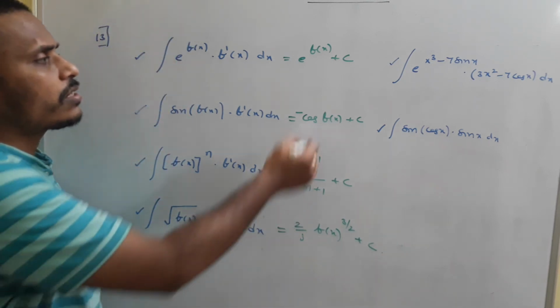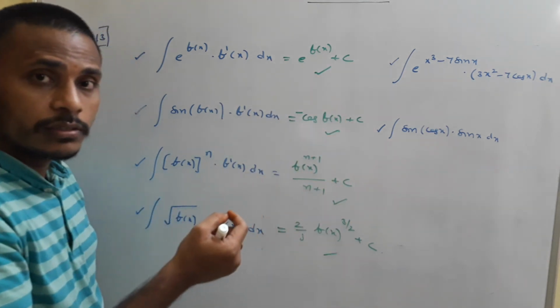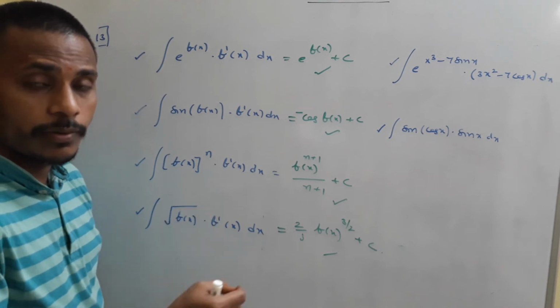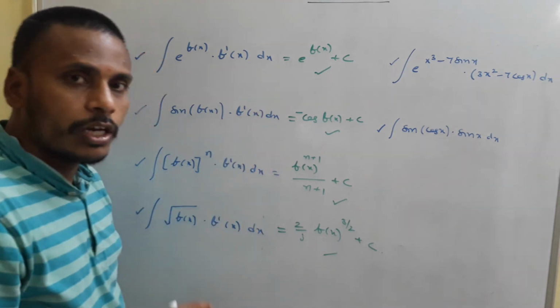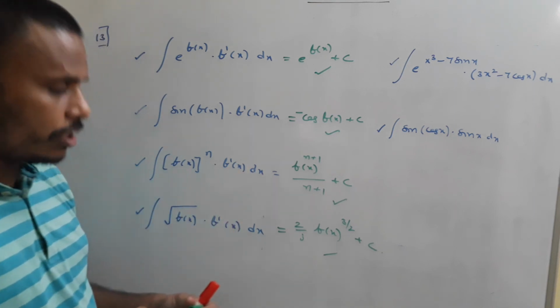Okay. So this is the way we need to answer. When a function along with its derivative exists in a given problem, you need to check to which trick the problem belongs. And now using this, you just try to answer these questions.